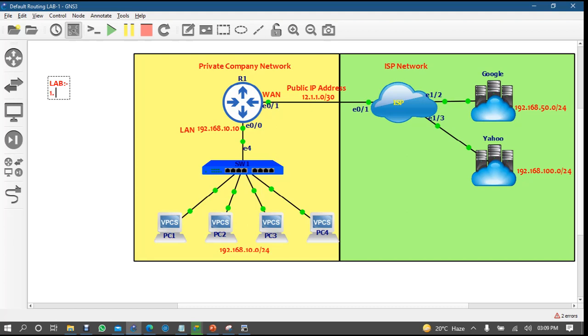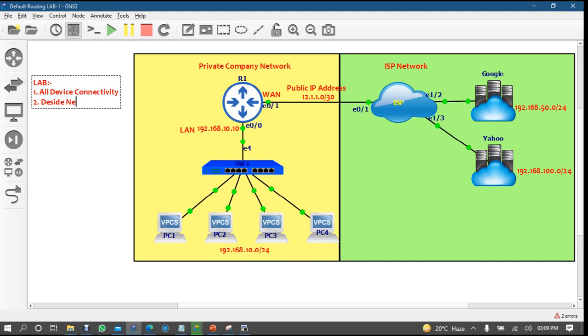The first thing you have to do is all device connectivity. So first you have to connect all the devices. After connectivity, second is